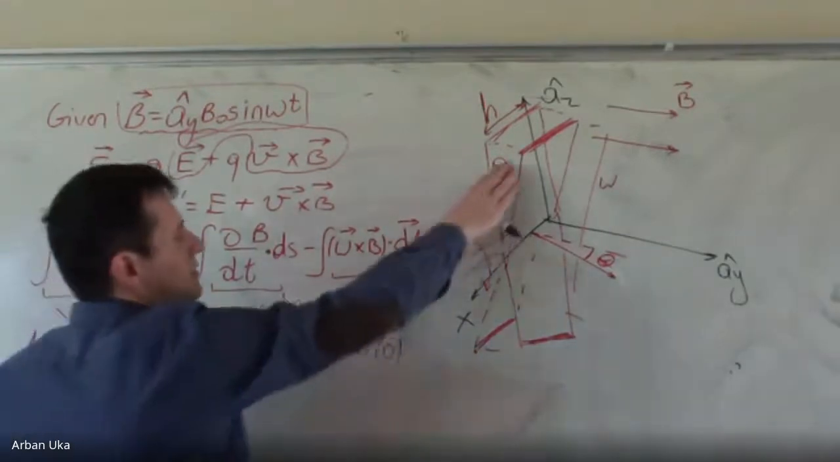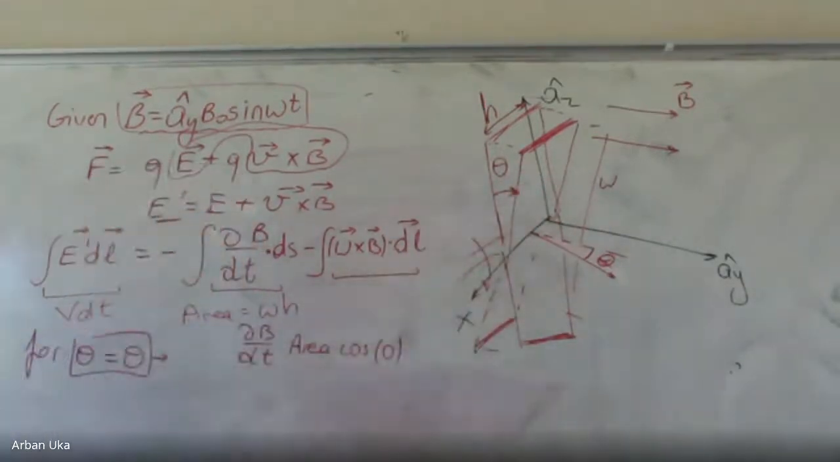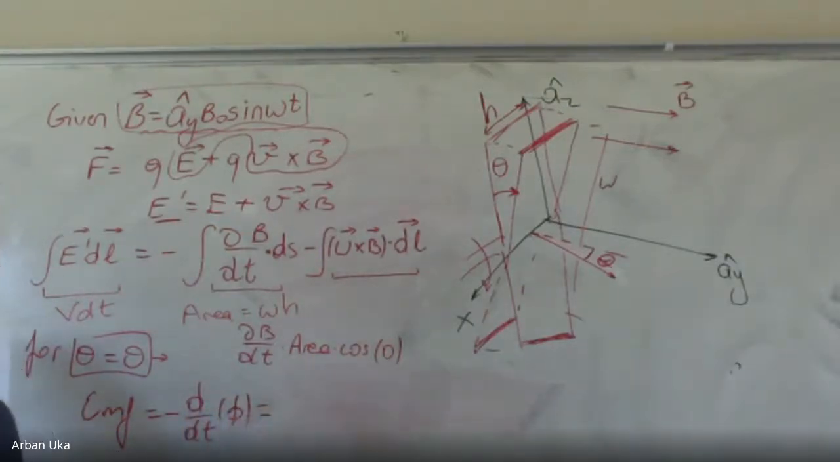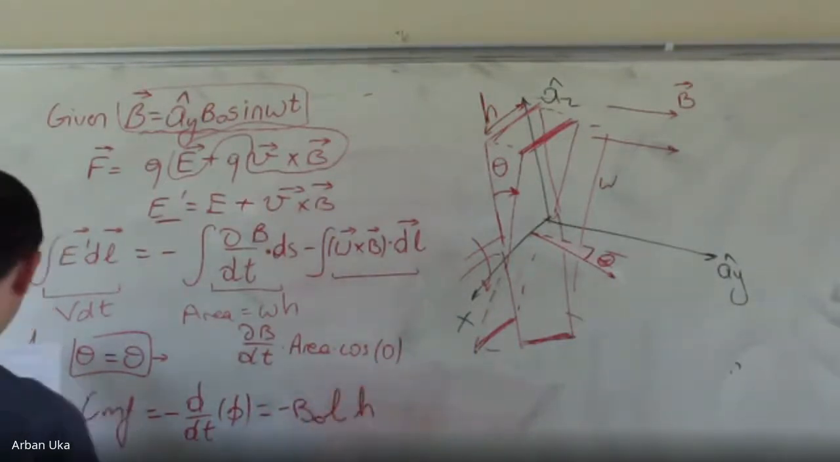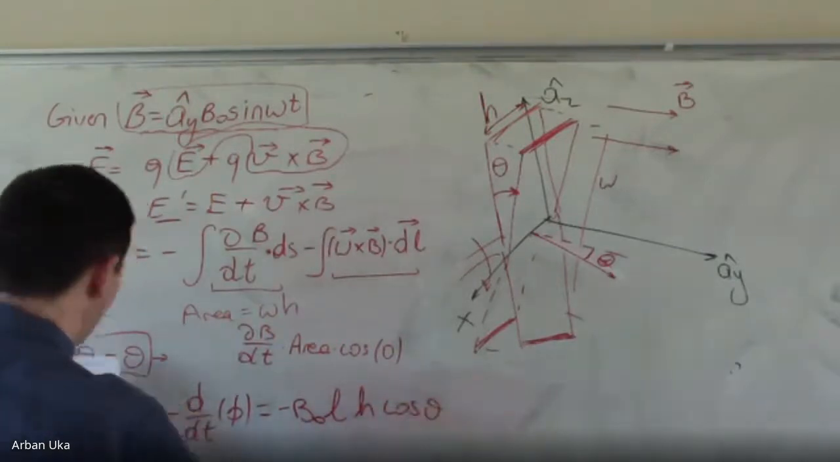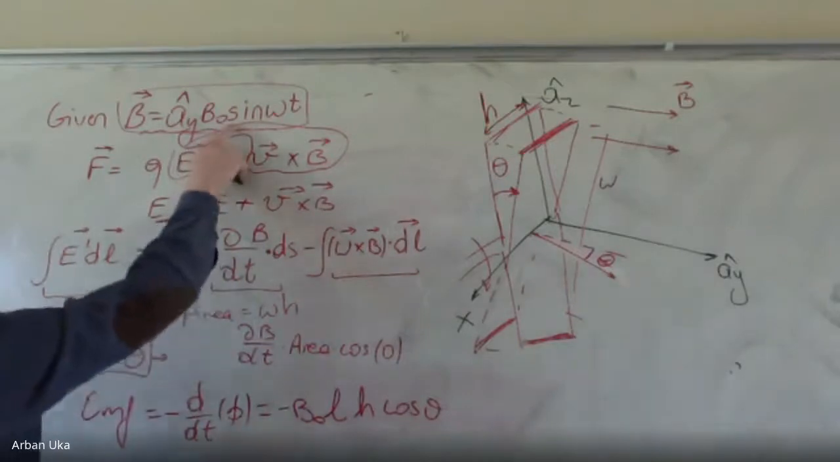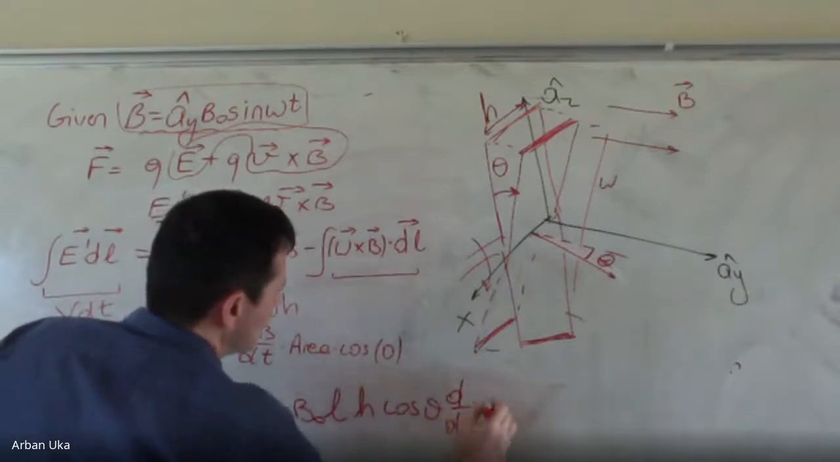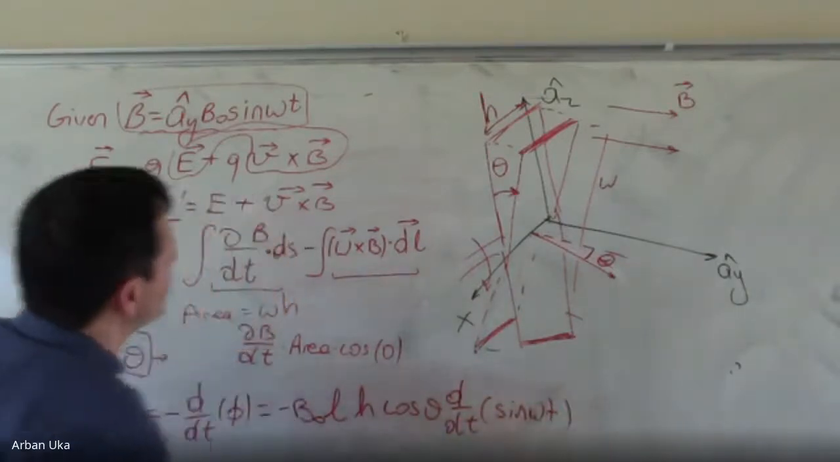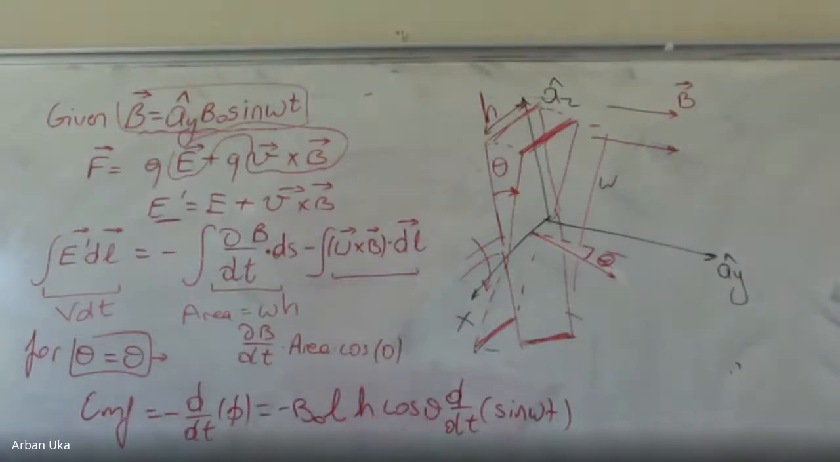So for a moment, we'll just assume that we have rotated this a little bit, and then the EMF will be written as minus d over dt times the magnetic flux, and this whole thing is equal to minus B0 L H cosine theta, and here we take the time derivative of the sine, or let me write it like this, d over dt times sine omega t, because that's what the B is equal to, and this makes this equal to